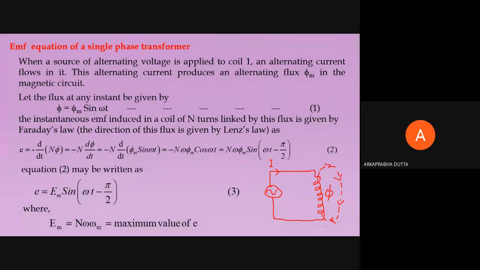Now, according to Lenz's law, the voltage induced here is called the induced voltage, the voltage across the solenoid, or you can say the voltage across the inductor. This voltage actually tries to minimize its cause. Why is the voltage induced? Due to this phi. How is the phi generated? Due to this current flow, because unless the current flows, no voltage will be generated. So this voltage actually tries to oppose its cause.